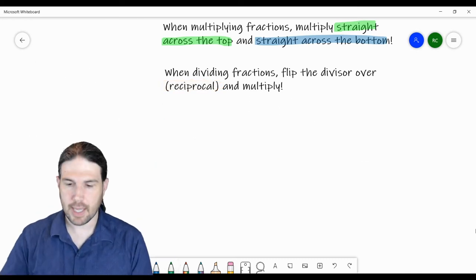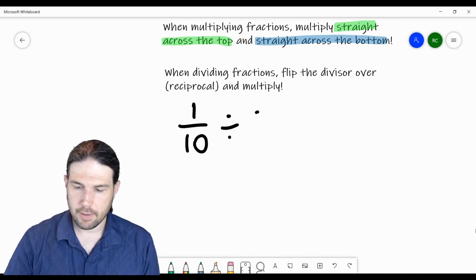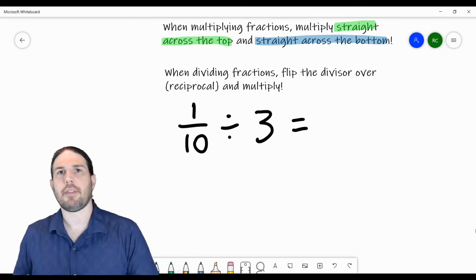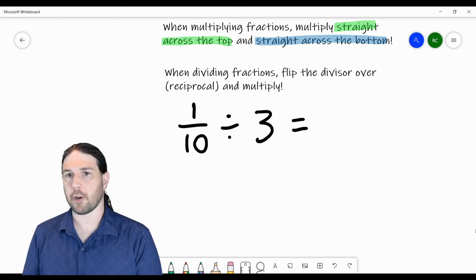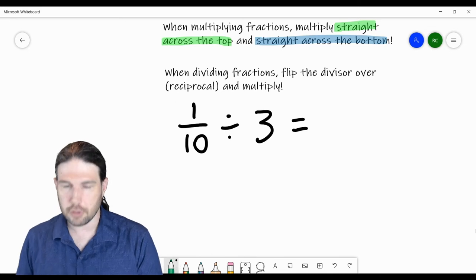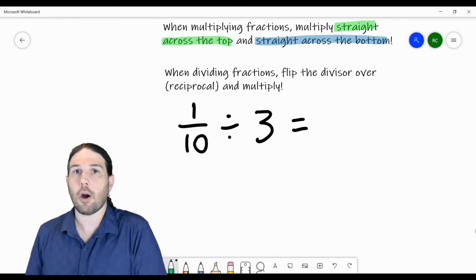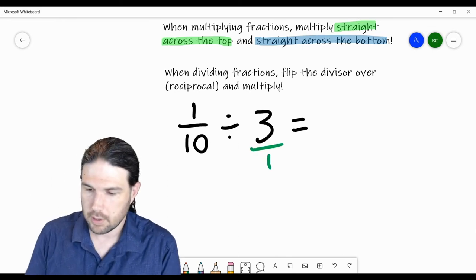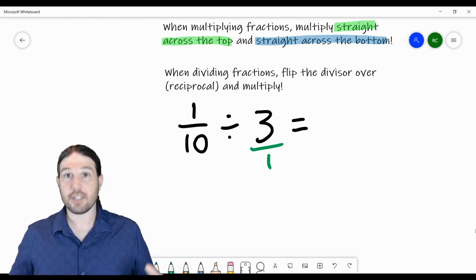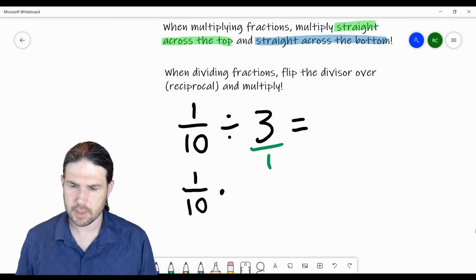What if I say something like 1/10 divided by 3? Okay? 1/10 divided by 3. Well, this doesn't seem like I'm multiplying or dividing fractions. It seems like one of them is just a regular whole number. And that's true, but again, as always, we have to remember that natural numbers like 3 are also rational numbers. It's 3/1. Okay, so if we are dividing by 3/1, well, that's the same thing as 1/10 times